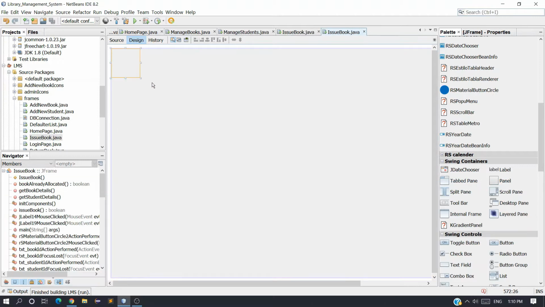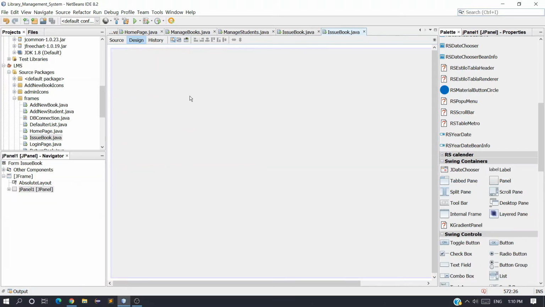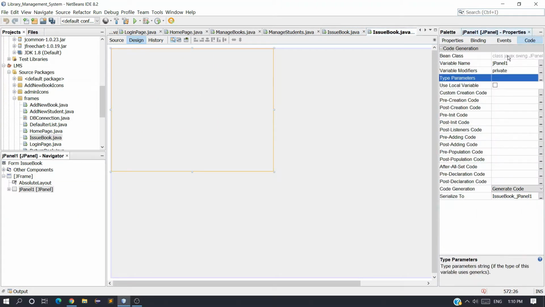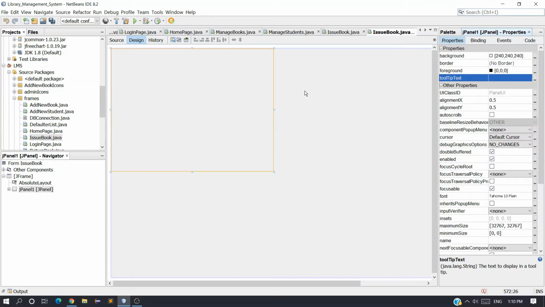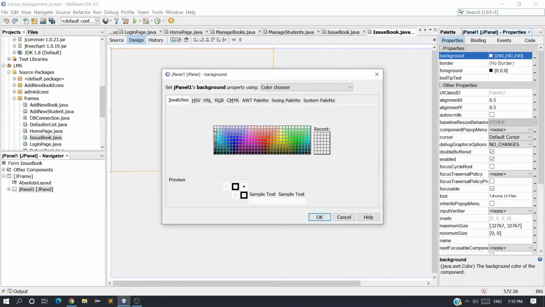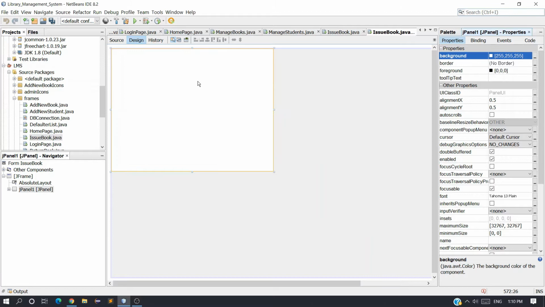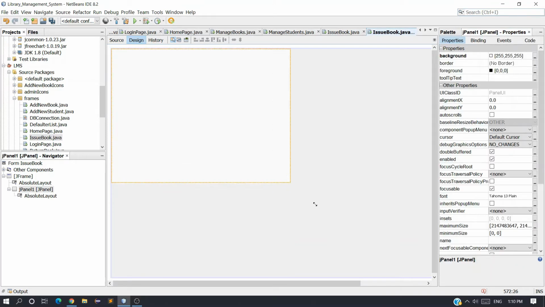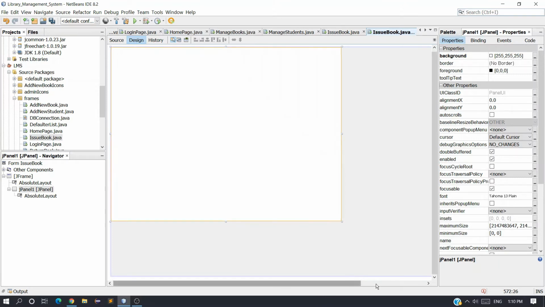So just create, take a panel and change the background color to white, and set the layout as absolute, and cover the entire frame.